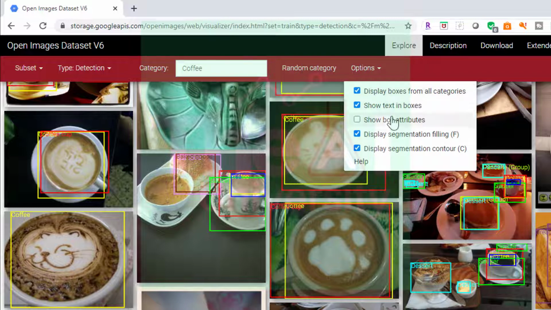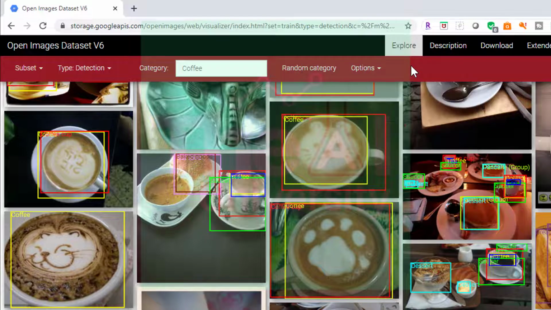You can also put some kind of bounding box filters using this options link as well. So you can see various options here. So you can just play around with this option section as well. So this is the way you can review the category as well as images on the website before you download the related datasets. So without further delay, let's see the steps to install the OID v4 toolkit to download these kind of image dataset.